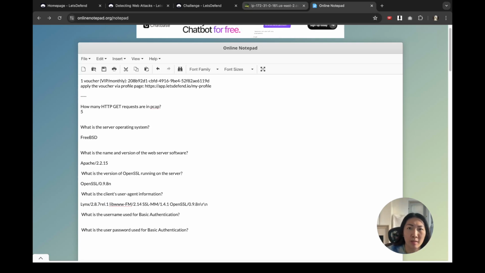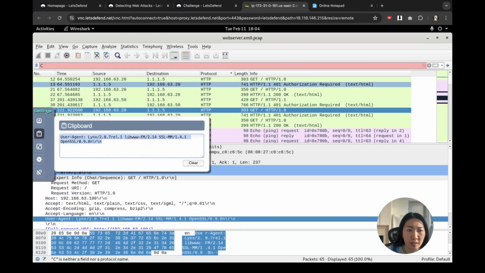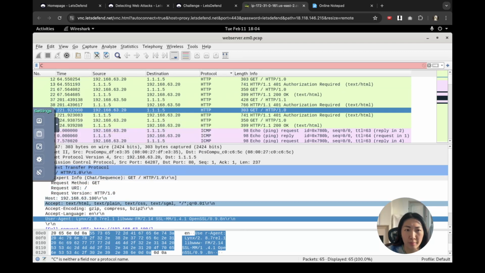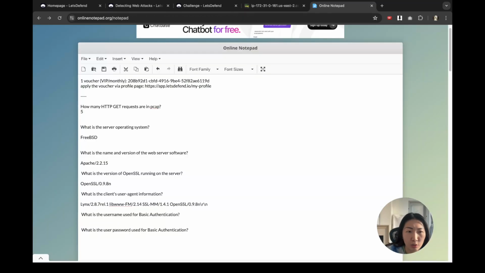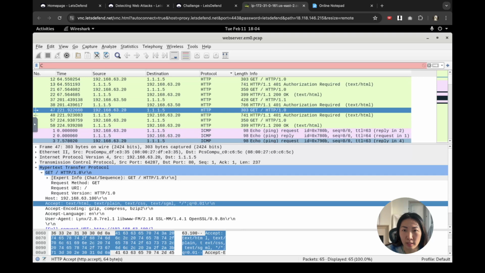Well, we know because the entry field says user agents, right? And we're pretty much just looking through all these, like the GET request and the response. That's what we're looking through. And then the last two questions, just for simplicity's sake, I would just kind of combine them into one. What's the username and the password for basic authentication? So going back to here,